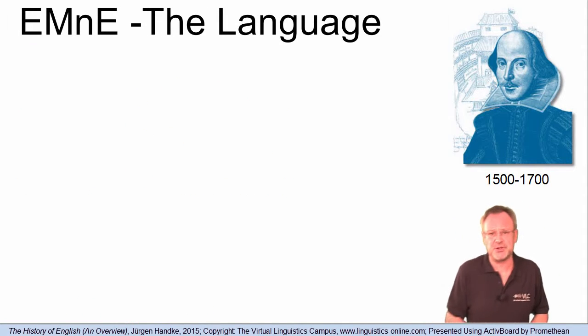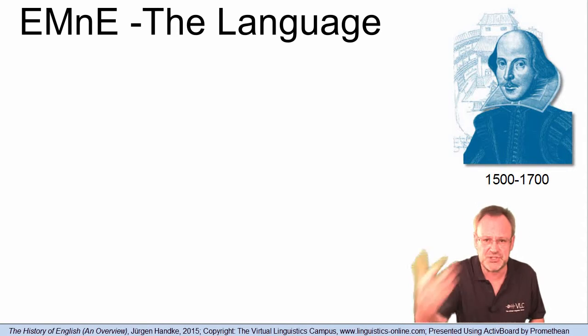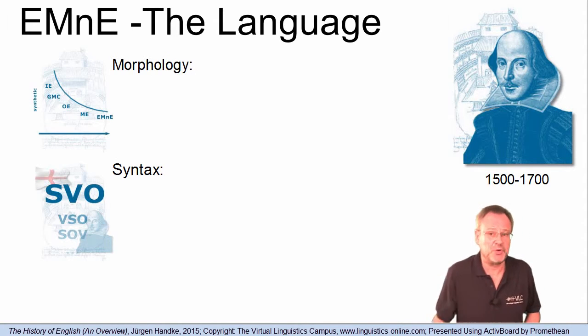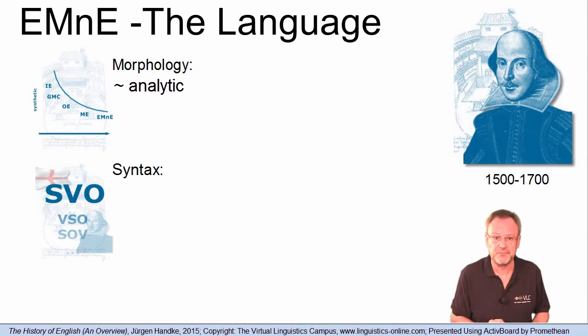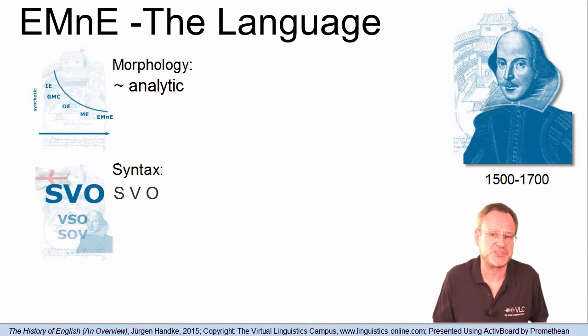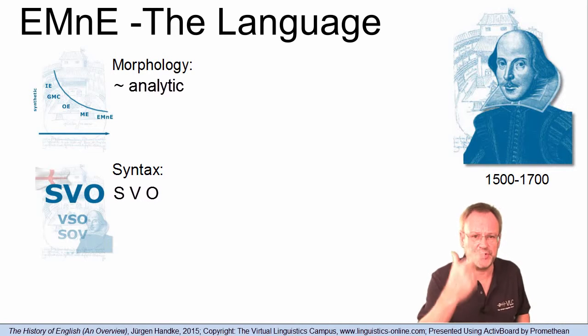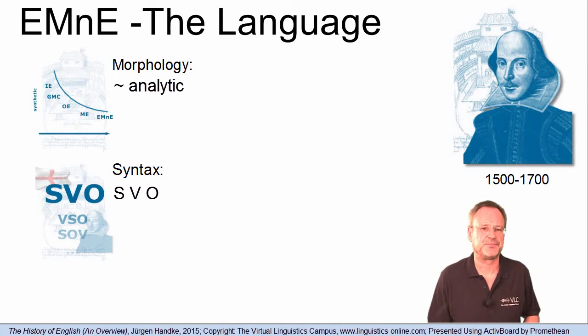By the end of the Middle English period, most of today's syntactic and morphological patterns had been established. Early modern English was fairly analytic. The word order had already become quite fixed to subject, verb, object due to a reduced inflectional system, and of the 5 Old English cases, only 2 had survived.